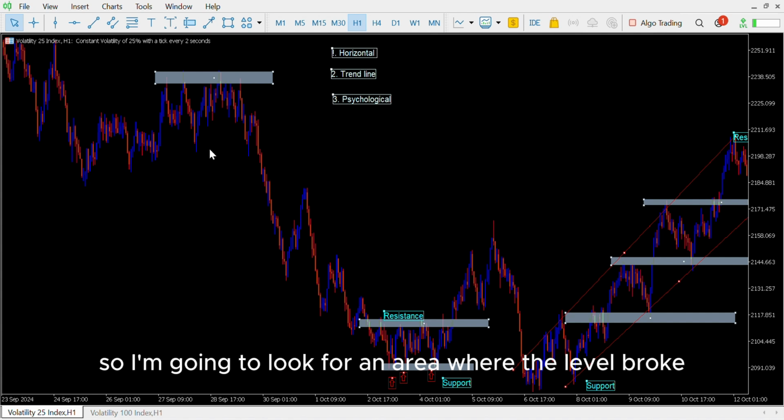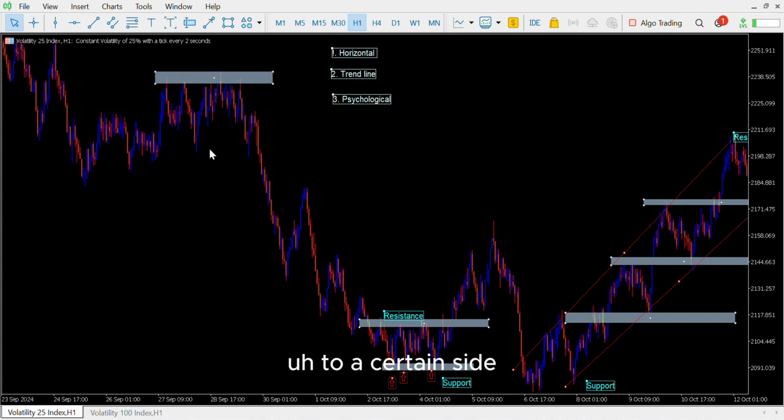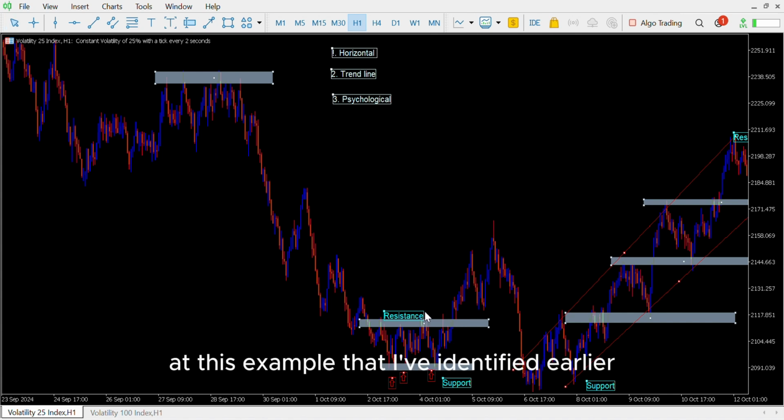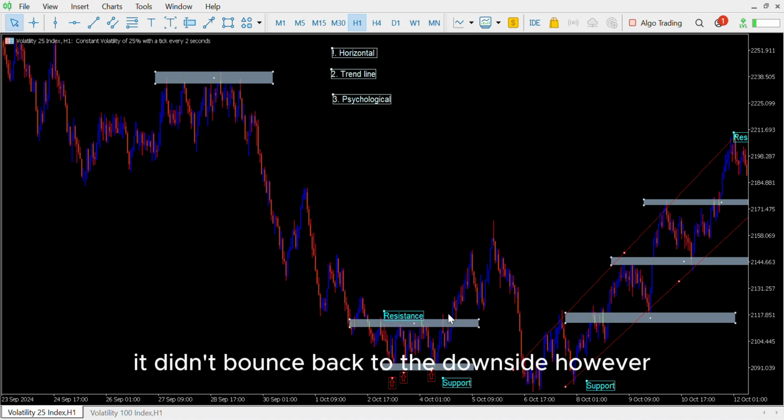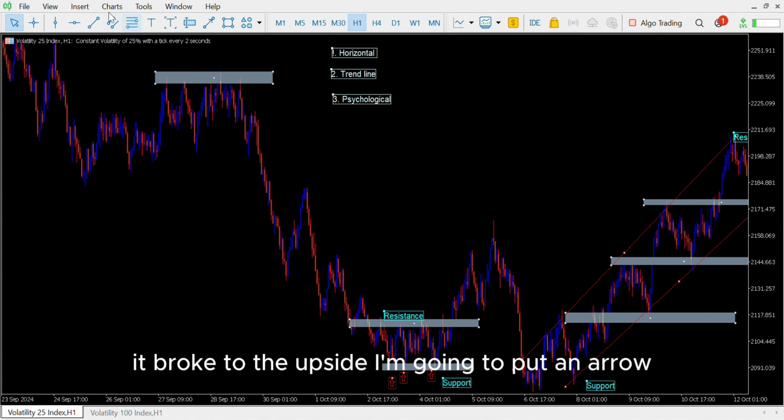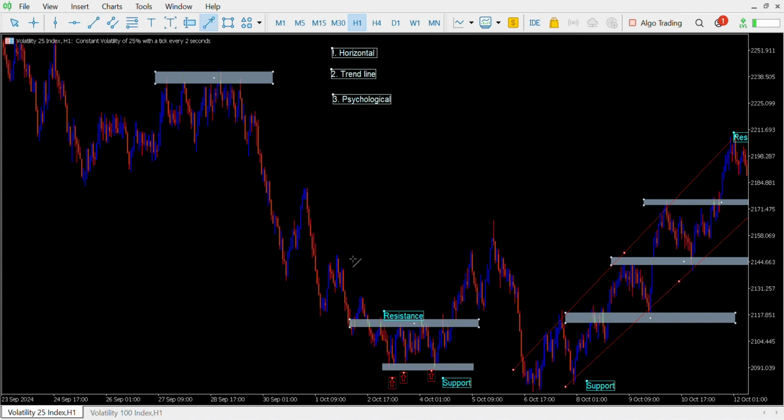So I'm going to look for an area where the level broke to a certain side. As you can see, for example, at this example that I identified earlier, when the market reached this point, this time it didn't bounce back to the downside. However, it broke to the upside. I'm going to put an arrow. When it broke to the upside,